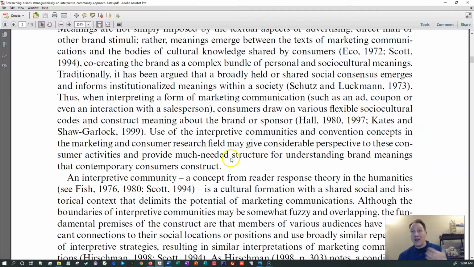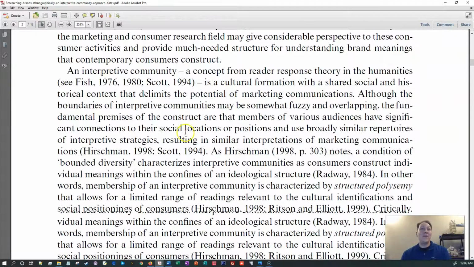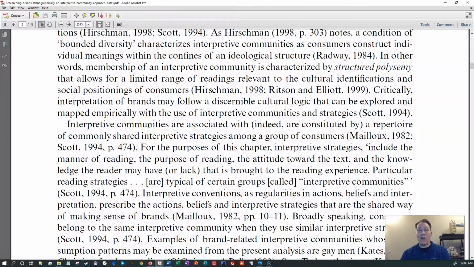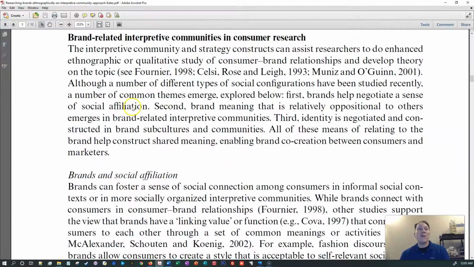And so as that dialogue evolves, and research plays a large role in shaping that dialogue, there are opportunities to look at these interpretive communities and see how they are talking about and using brands, and then use that to extend what a brand can be. Okay, so far that's all pretty theoretical stuff, but what's cool about this article is that it references a lot